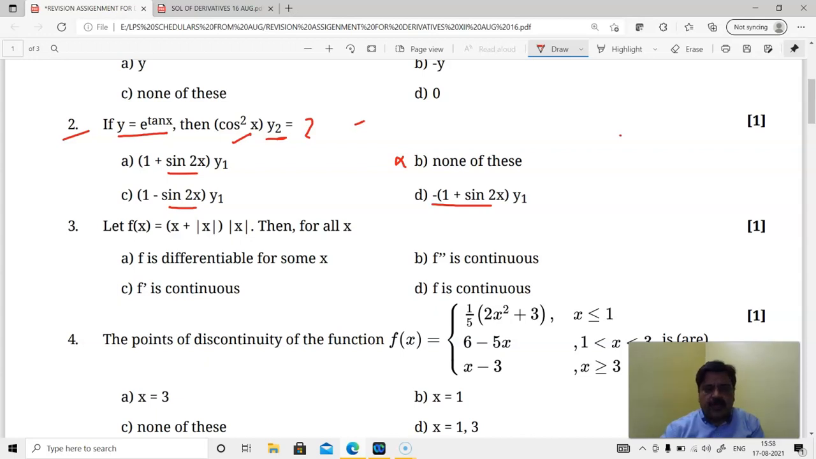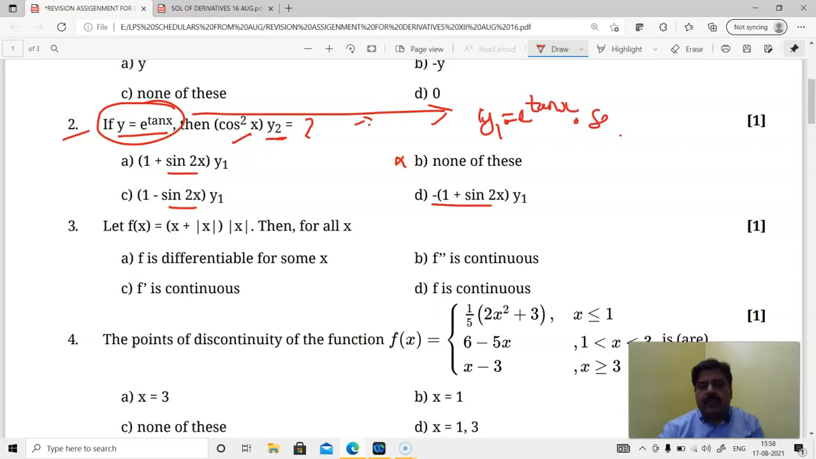So first of all, in this kind of question you cannot do any guesswork. You have to go for the derivative of e to the power tan x, and once you do this derivative, y1 is equal to e to the power tan x into sec square x. Now this sec square x is not required for a simple reason. We have been given cos square x, so just on interchanging sec square x as cos square x, we'll get y1 into cos square x